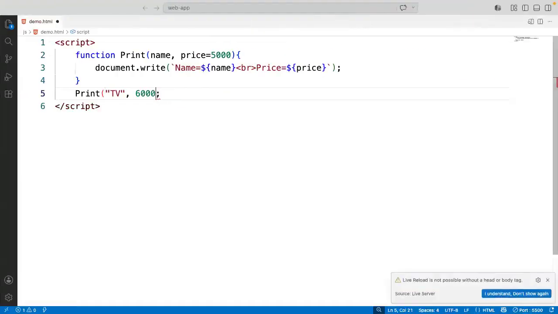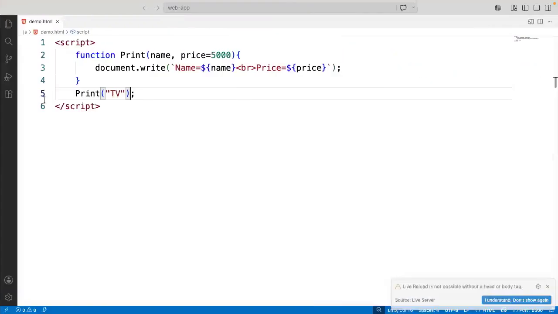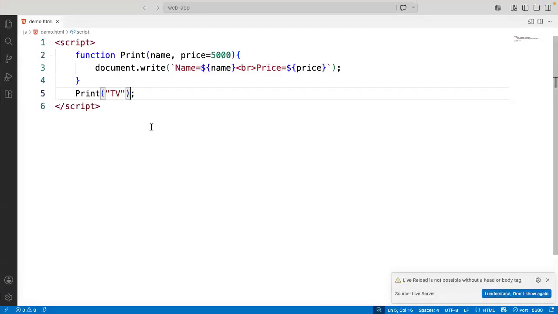So if there is a parameter you think the user may skip, and even if he skips it I need to take one, then you can keep it as